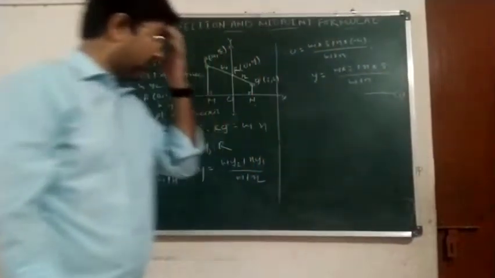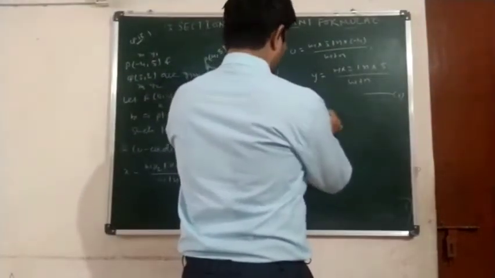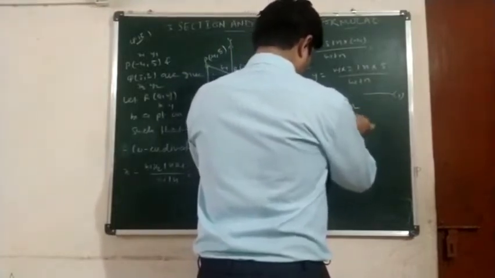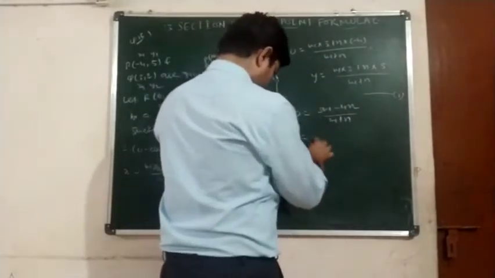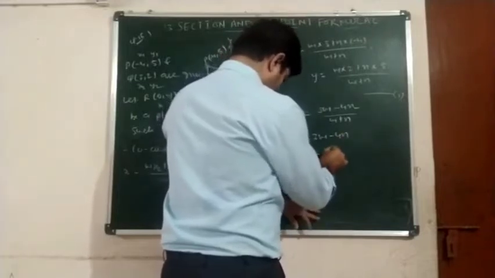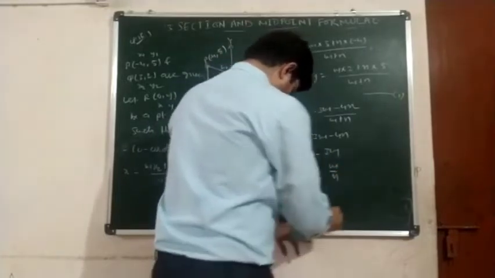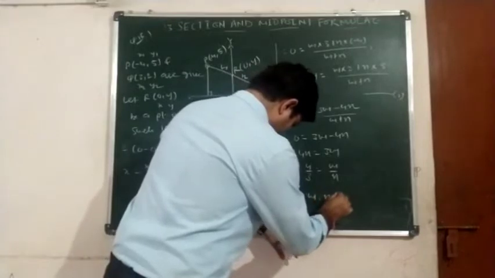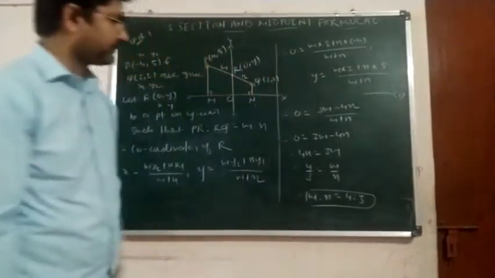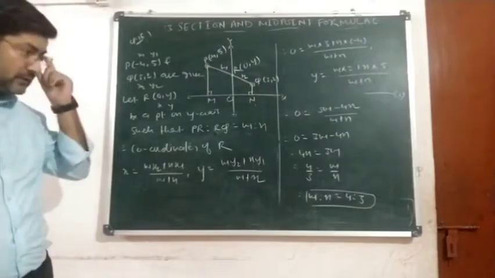Say this is number 1. Let us simplify this equation. Therefore 0 is equal to (3m minus 4n) upon (m plus n). Therefore 0 is equal to 3m minus 4n. Therefore 4n is equal to 3m. Therefore 4 upon 3 is equal to m upon n. And therefore the ratio m is to n is 4 is to 3. So we got the ratio m is to n to be 4 is to 3. This is the first answer.